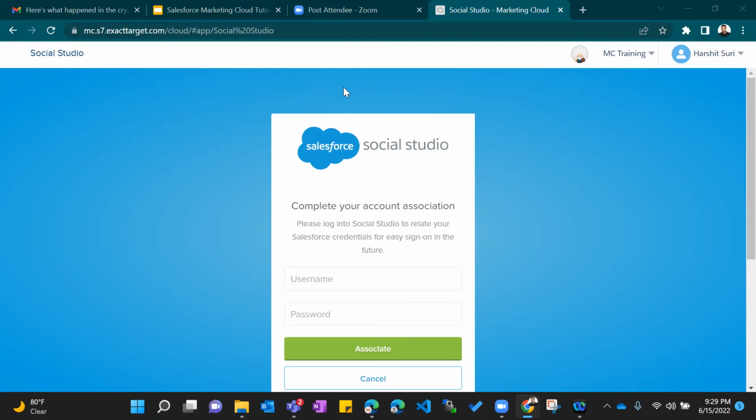But that doesn't mean you should not know the Marketing Cloud platform. You are expected to know the end-to-end Marketing Cloud platform. It is not expected that you learn code if you have 6 or 7 plus years of experience. But for people with less experience, 2 or 3 years, definitely I would recommend learning script code, because they are at a very initial stage and there is a huge career ahead. It is good that they know everything from now.